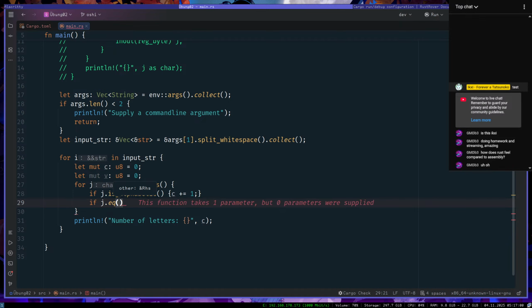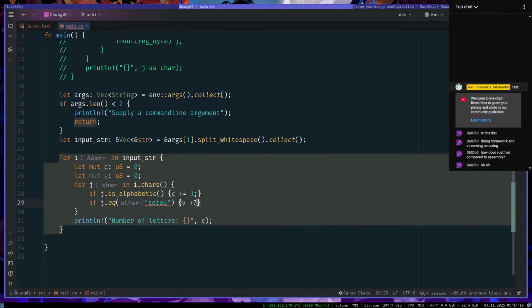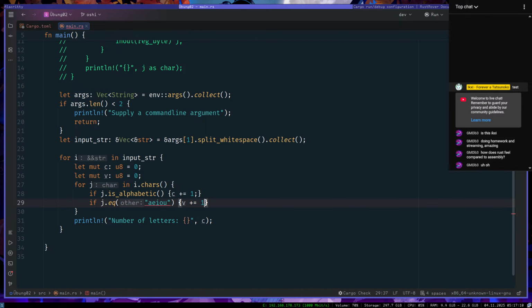Okay, how does equal work? I, O, E, O, U. Oh no. v plus equals 1. No. Expected char, found string.